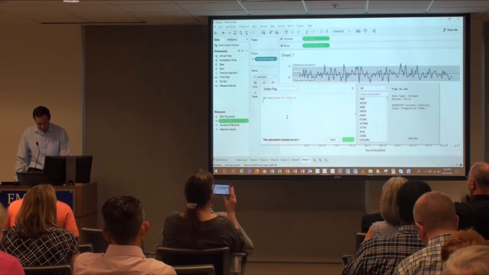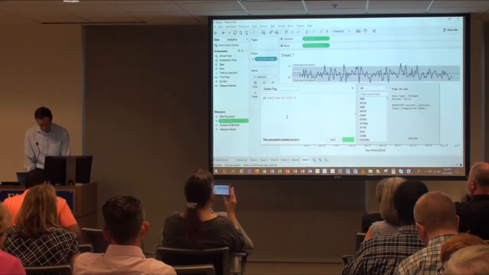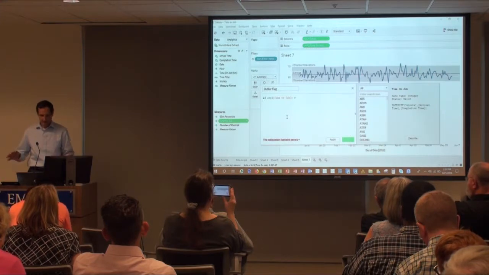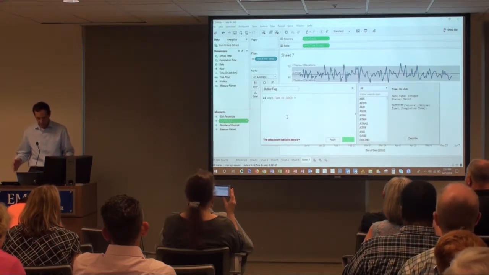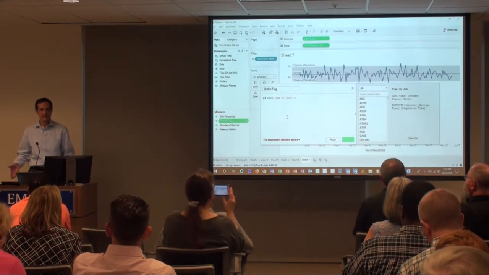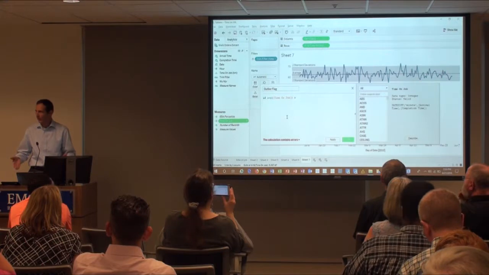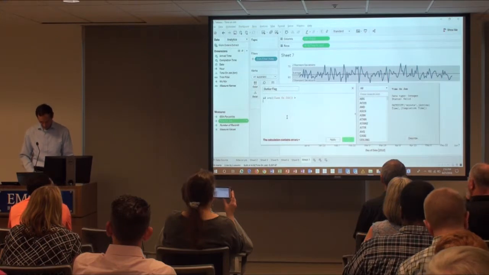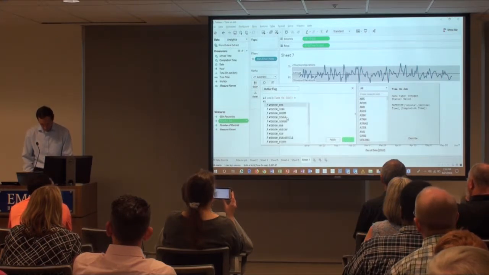And Tableau gives me a way to access that. This is the beauty of the Tableau visual approach: it's all based on this viz here. I'm looking at the viz and trying to discern what I want it to do based on what I'm looking at. And so there's something called window average.